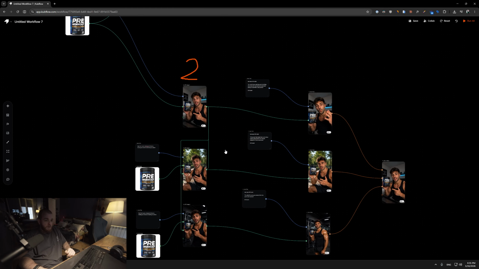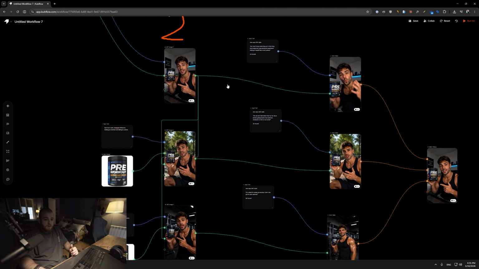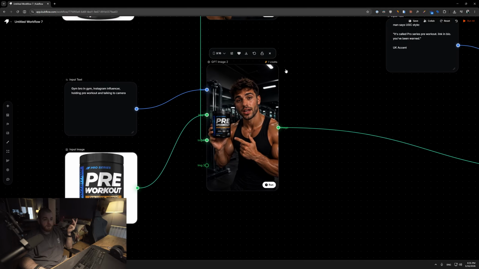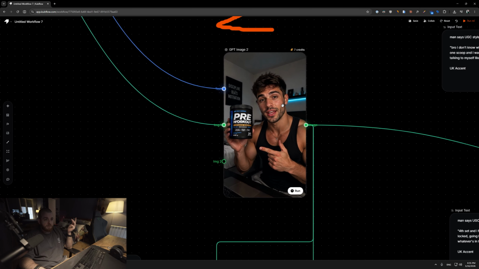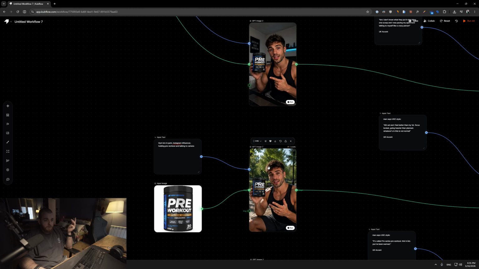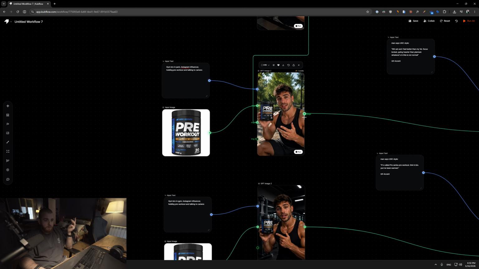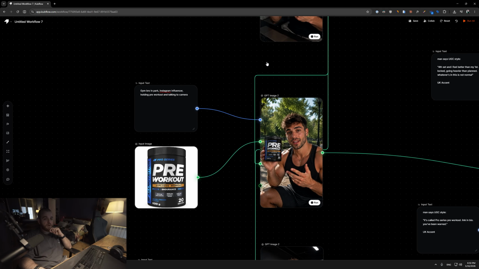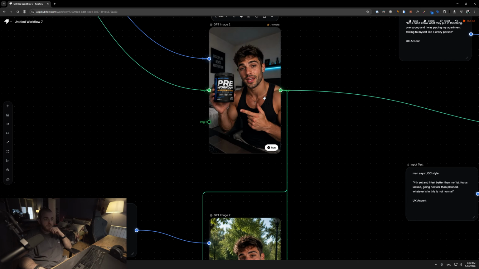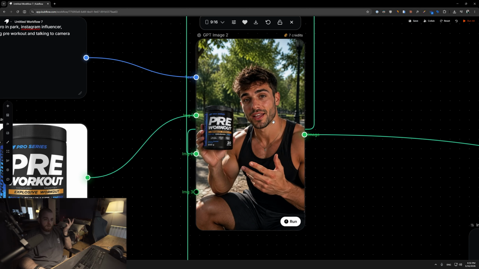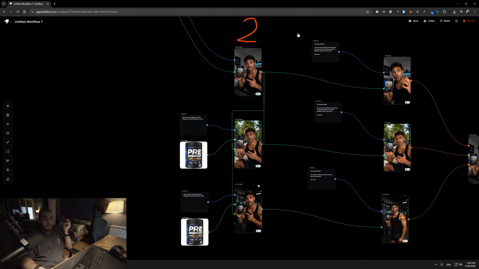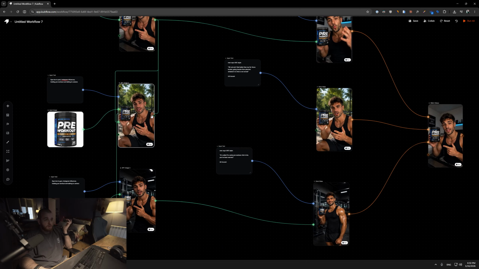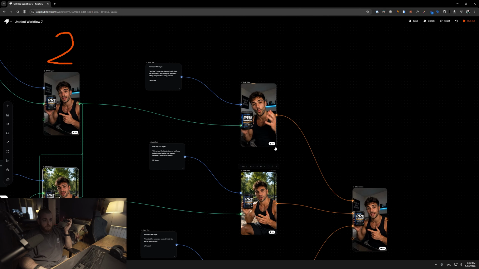For the second way, it's a bit different. In this case, I had created three scenes: guy at home, guy in the park, and guy at the gym. All I did was generate this first image. Then I added the second image, plugged this here, plugged this here. Gym bro in park, Instagram influencer holding pre-workout and talking to camera. It's basically using this image and this image combined, just copy pasted this guy in the park. It's just a simple example. You can make it as complex as you want, but you get the idea. It's really easy. Plug those into video models, generate the videos,